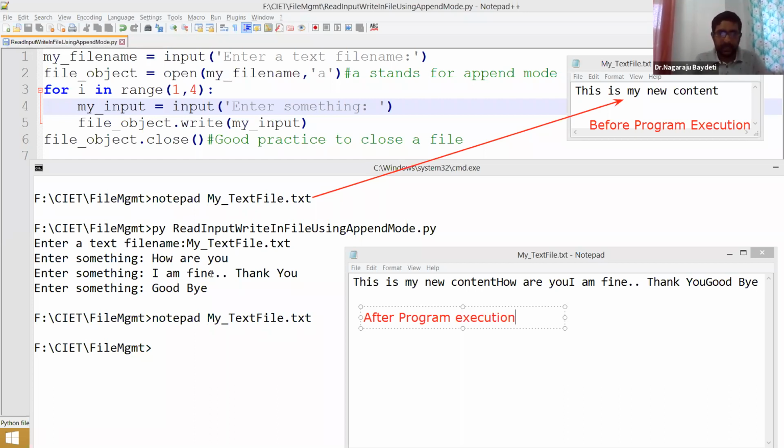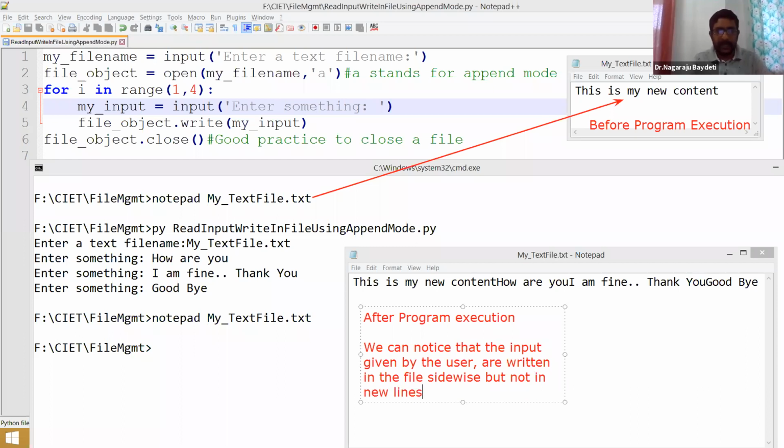You can clearly see the input, whatever I entered. We can notice that the input given by the user is written in the file side by side only, sidewise, but not in new lines. Correct? It's coming exactly after the contents, like how we write. It's not coming in a new line.